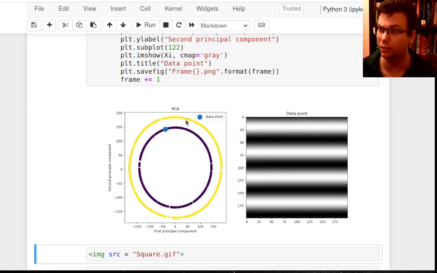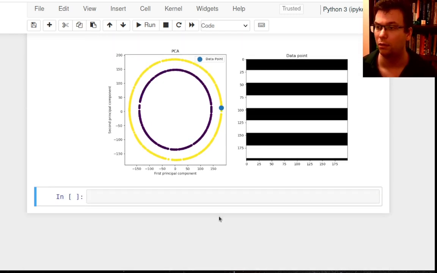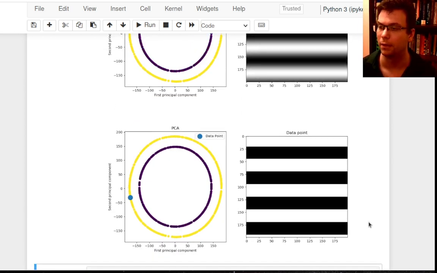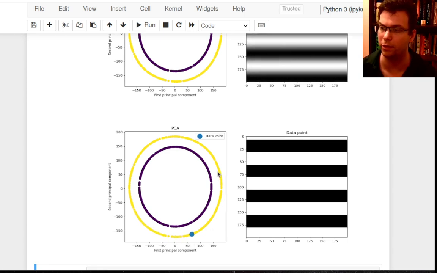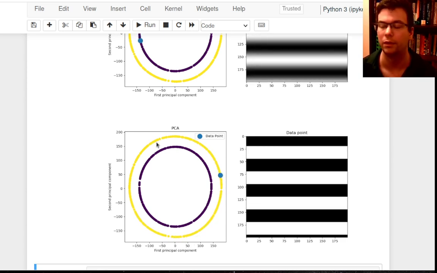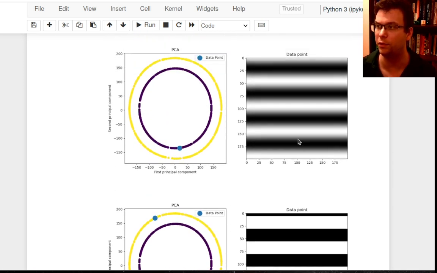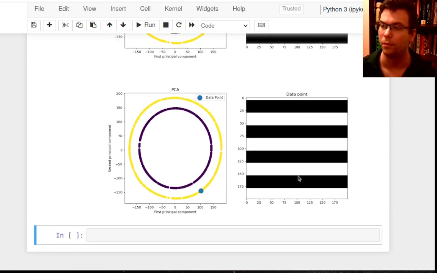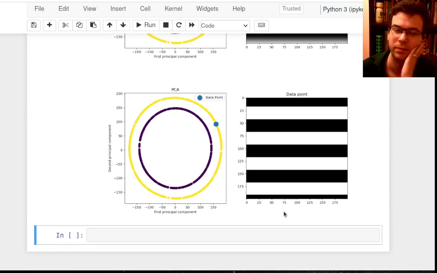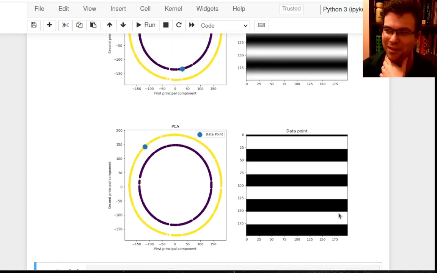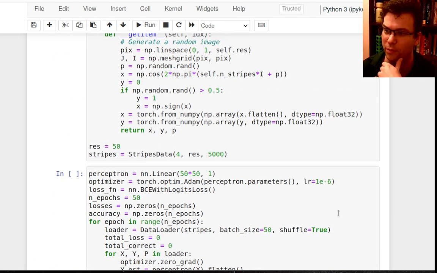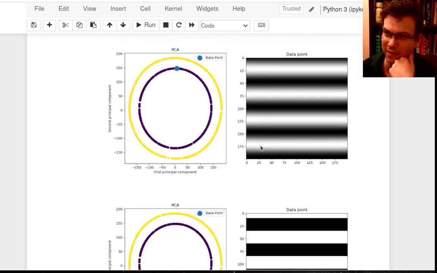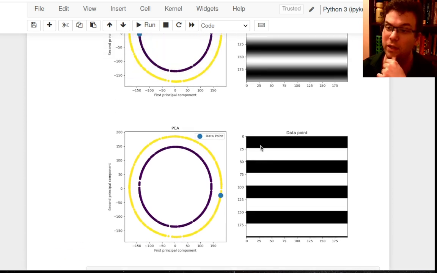If I look at the ring on the outside, that is all of these harsh squares here. Turns out 2 dimensions is not quite enough to represent that outside square. But anyway, you see the shift is taking me around the circle, and eventually I'll end up back where I started. And maybe this is really all I want you to know, is that I can make some data set that's not linearly separable. I tried to train it. I couldn't. And I can see from PCA that it appears not to be. To finish the proof,